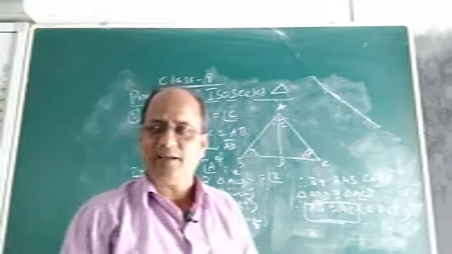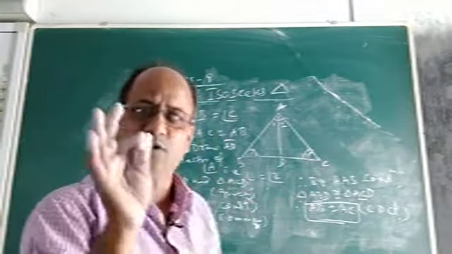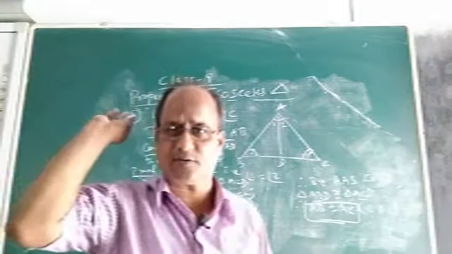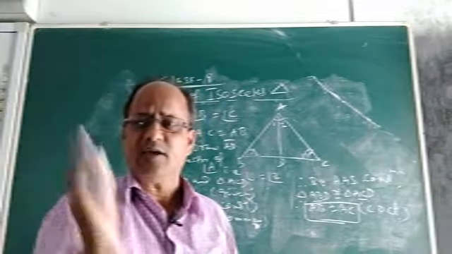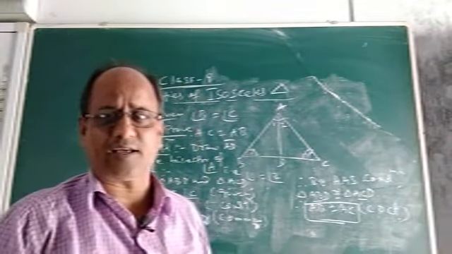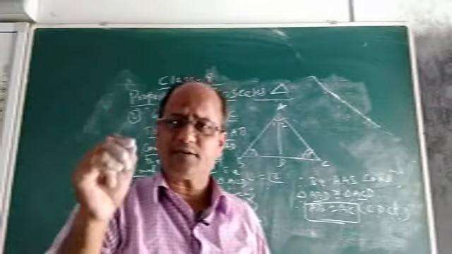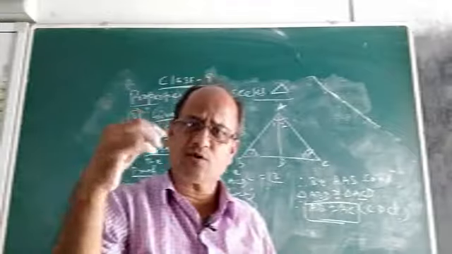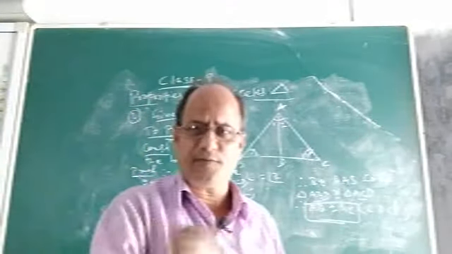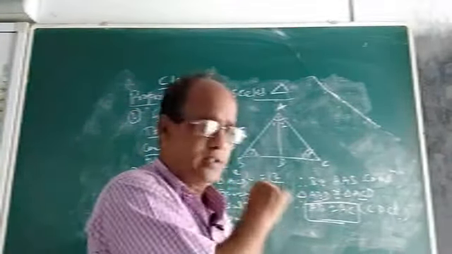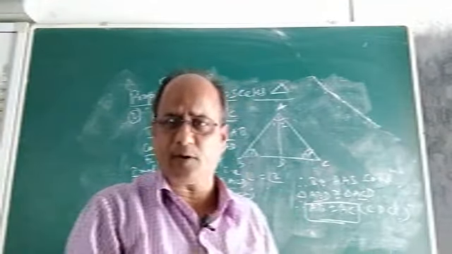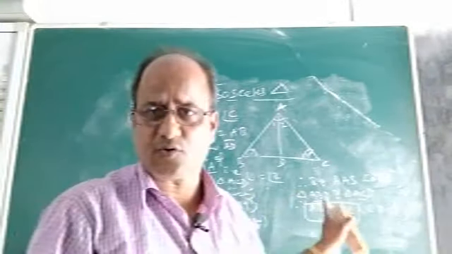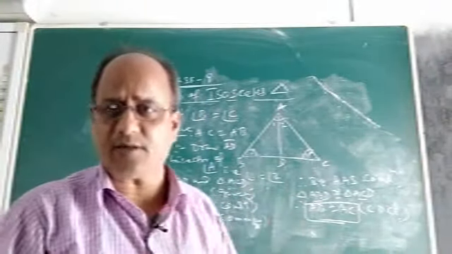That means in a triangle, if any two angles are equal, their opposite sides will also be equal. So this is the converse of the previous one, the first property of isosceles triangle, which I discussed just now. Okay, so these are the two main properties of isosceles triangle, children, which find wide application. This particular truth is applied in almost all problems. While doing geometrical proofs, you will find the application of these two truths later while doing problems. Okay, so please remember it. I hope you must have understood the proof of these two important truths about the properties of isosceles triangle.